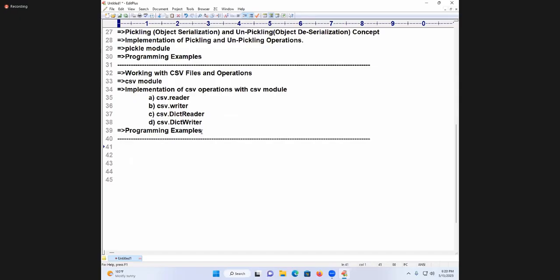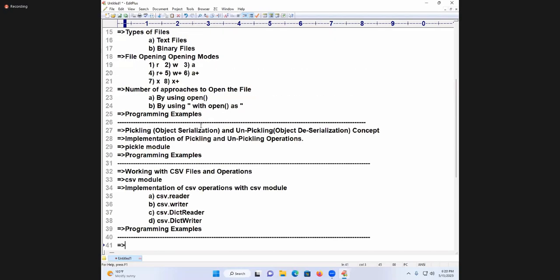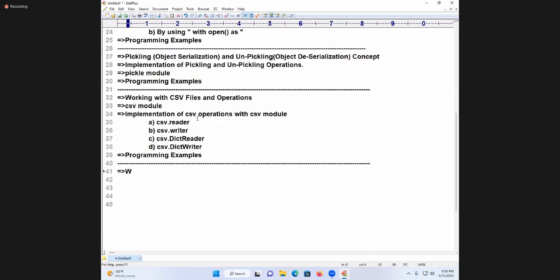So this is programming example. Next, another level, this is the third level. Fourth level, working with OS based operations, implementation of OS based operations with the OS module and programming examples.